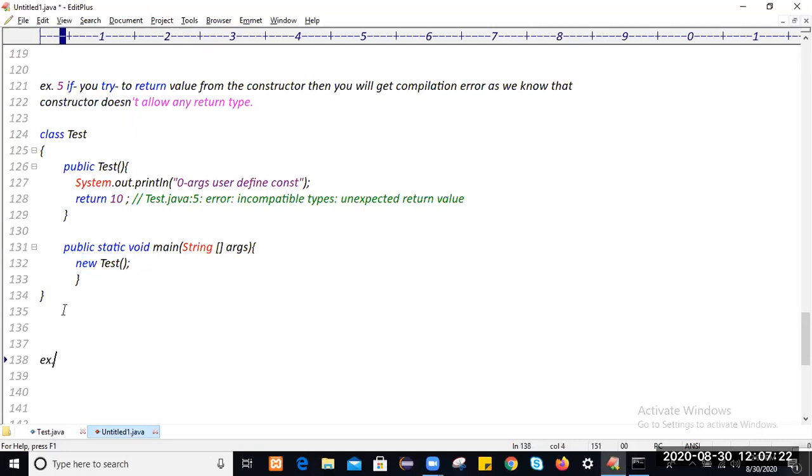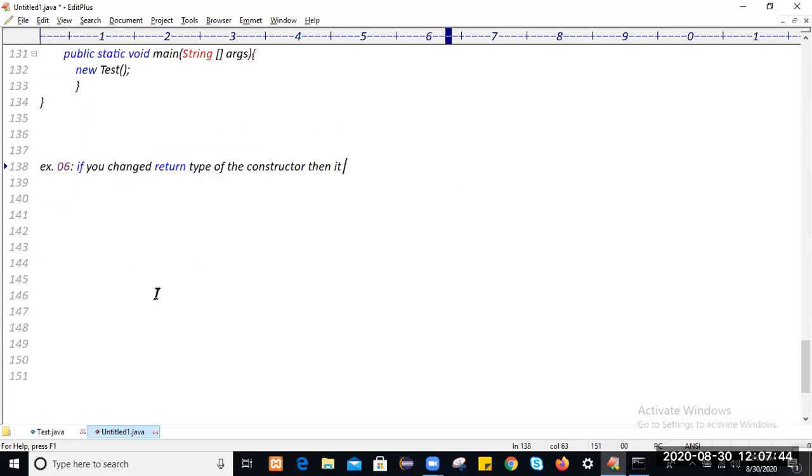So next, example 06. What is the example? If you change the return type of the constructor, then it will be treated as a method, and it will execute